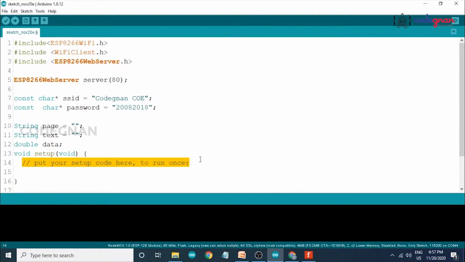In void setup we also have to declare whether our module is input or output. Here I am using the soil moisture sensor, so this is my input for our NodeMCU. So pinMode of A0, I am taking the analog values, so I directly call A0 as input to our NodeMCU.